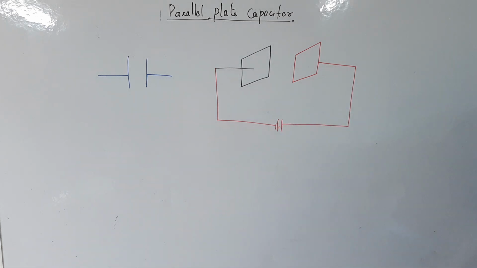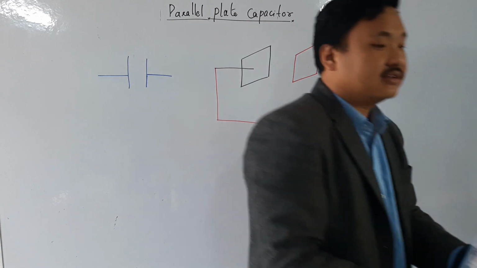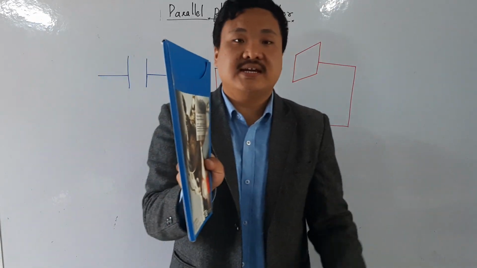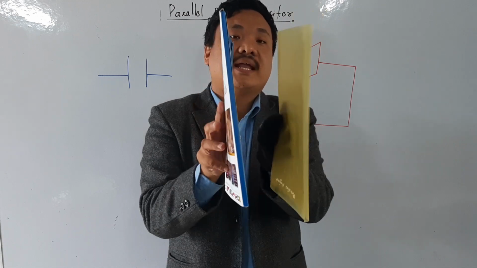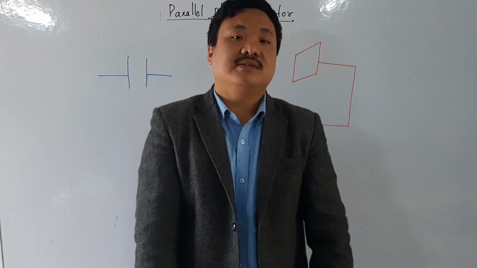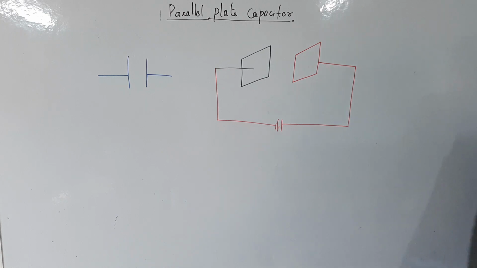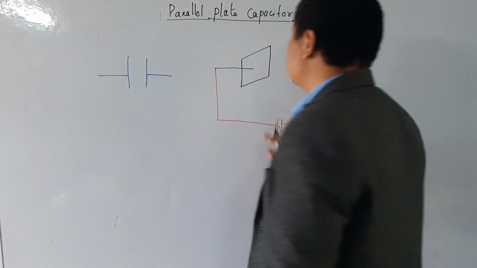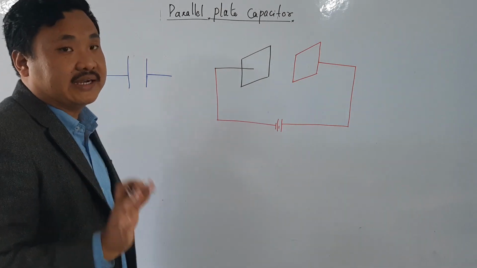So it is just like this. You have this and this. If you have two plates, this plate and this plate, sitting like this, this is my parallel plate capacitor. Please remember that it is made with metal or a conductor. The plates are made with metals. So these are my plates, made of metals.